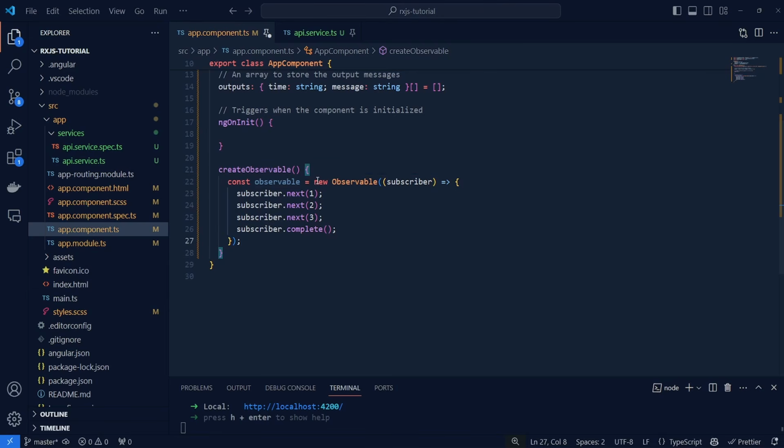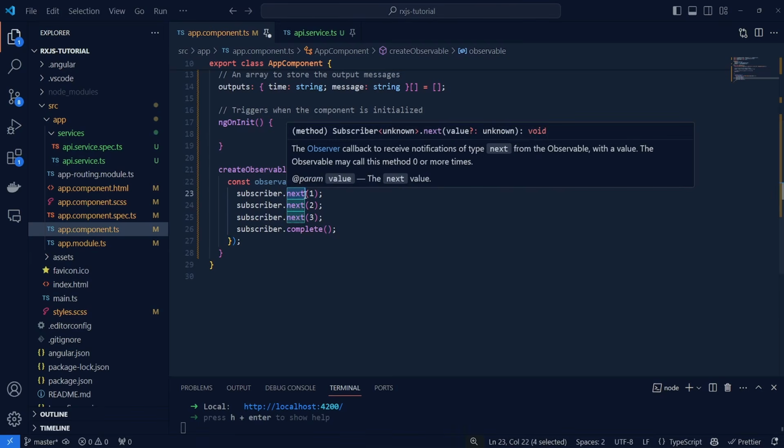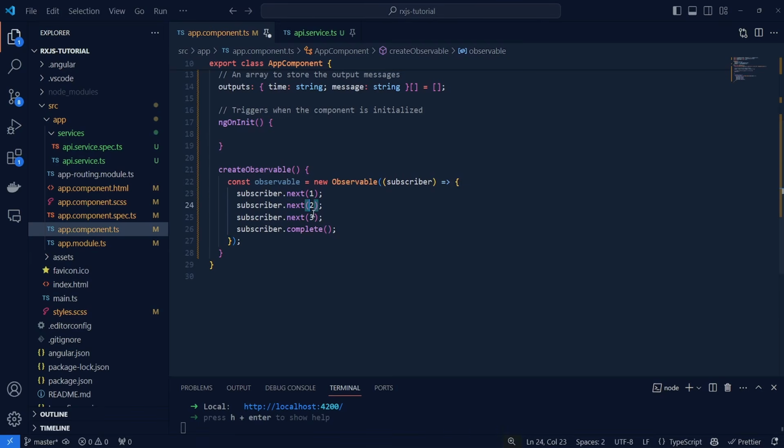We want to start by defining a new observable here, and as a parameter, you pass the following method. We are taking a subscriber as input, and then we are pushing the following events to that subscriber. First it's going to push 1, then 2, and then 3. We're simply pushing these integers to our subscriber, and then we're calling subscriber.complete to complete this series of